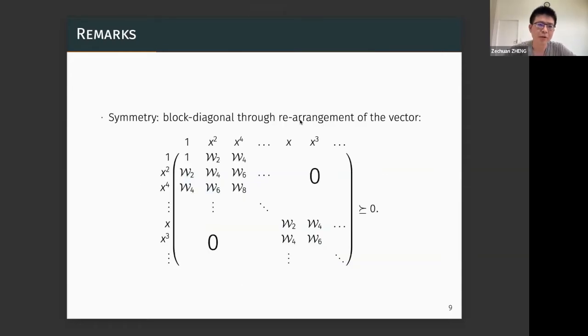Okay, for this toy model, I have a final remark. As you have noticed, there is a lot of zeros in the correlation matrix. Actually, we can rearrange the indexes of the matrix and put it into a block diagonal form. The first block corresponds to the square of the even moment, and the second block corresponds to the square of the odd moment. Although they look similar, actually they are independent from each other. Why this happened, I can tell you at the moment that this is because even powers of x and odd powers of x differ into different representations of Z2 symmetry. You remember that Z2 symmetry is a symmetry of this